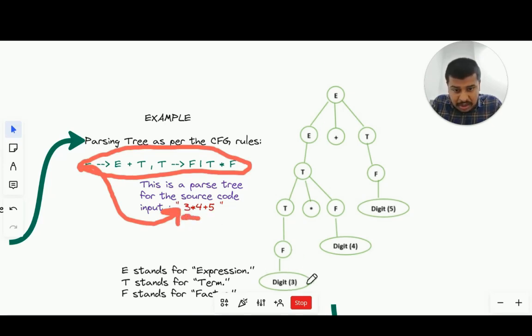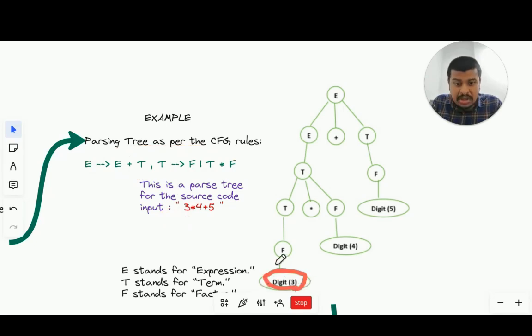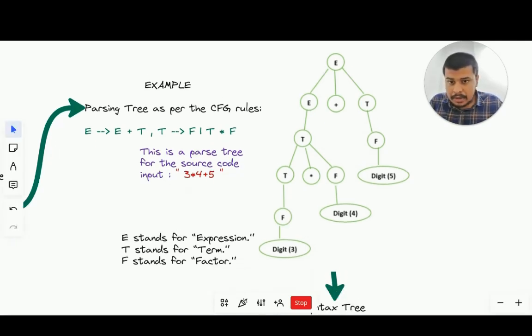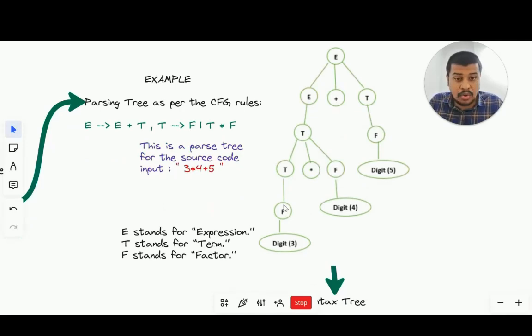So see, you can actually see. It is tagging this digit 3 as a digit. It's a factor. So it's tagging even this string 4 as a digit. And then it's a factor again. And it's parsing all of these strings and then coming up with the taggable expression. That is an expression, term, or factor. So it comes out with this parse tree, and this parse tree has all of the information needed for the compiler to understand what this string specifically represents.